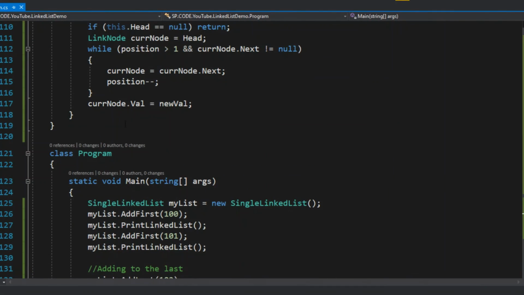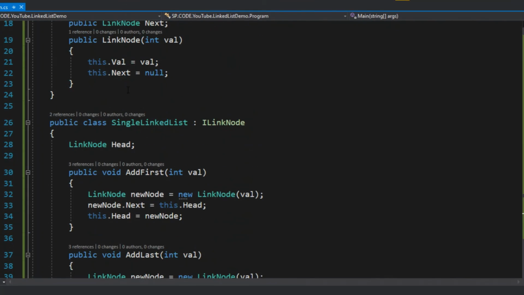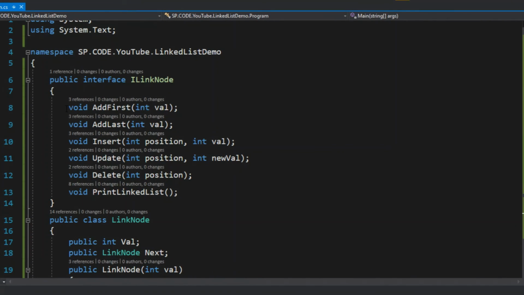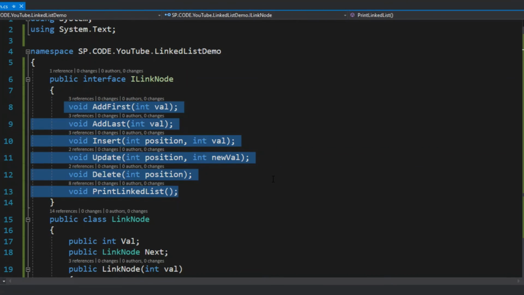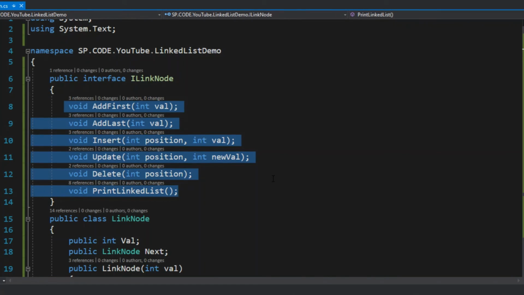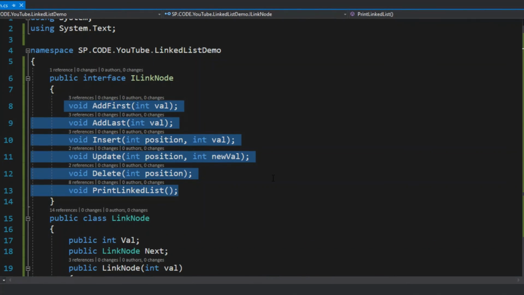So at least try to do it by yourself, and do not try to remember all those functions, because these functions will give you a very good understanding about the linked list. So whatever questions come, at least you will be able to solve those problems, right? And in a certain scenario when you go to an interview, if you do not know any specific solution, at least you should be able to come up with the brute force solution. And if your interviewer gives you any optimized solution, at least you will be able to guess and recode with the optimized solution. So this is all about the linked list.